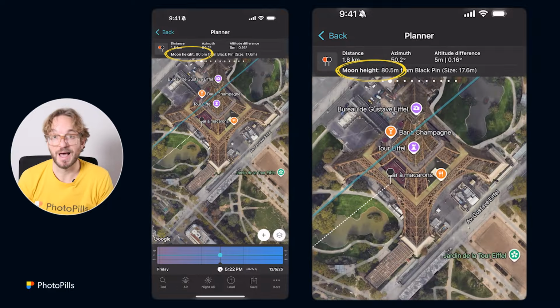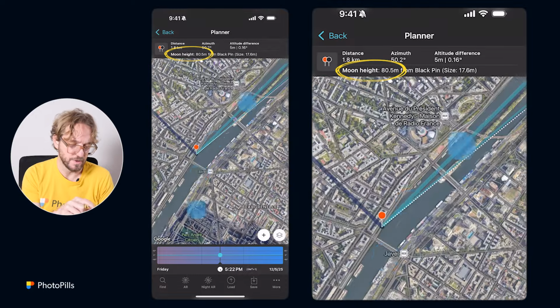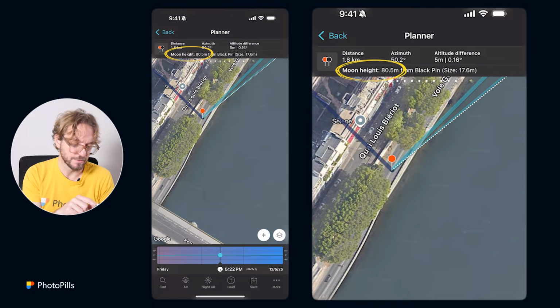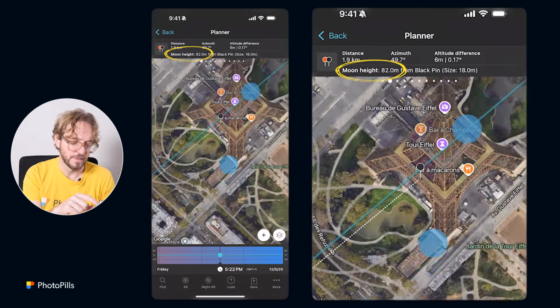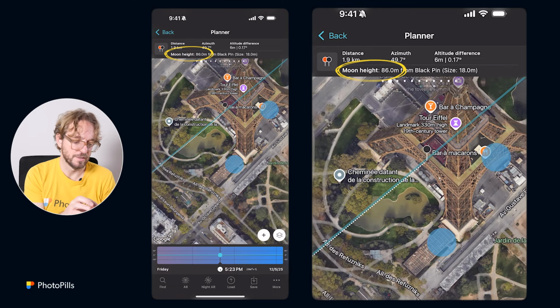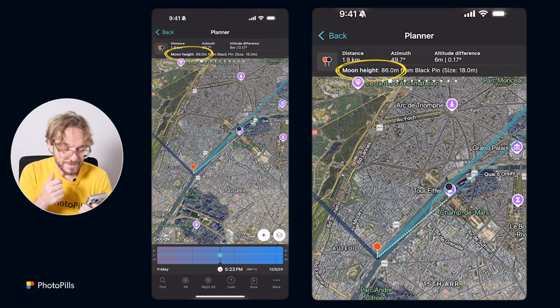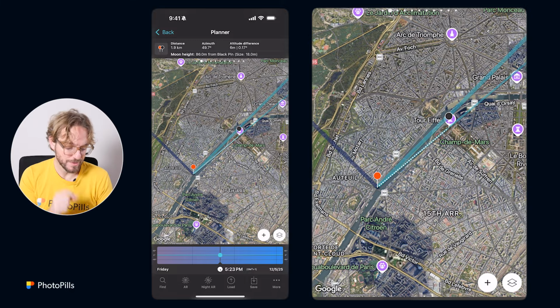Well, now when I have the height I want, the moon is not aligned with the black pin, so I'll need to change a bit my shooting spot to find my final shooting spot. So let's say something like this, for example. Very nice. And now I'll just maybe move the moon a bit higher, change again the time until the moon aligns at 87 meters, 86 meters, which is pretty cool. Only check the height of the center of the moon or the sun when aligned with the black pin on the top panel. Okay, I think I have my final shooting spot where the red pin is,